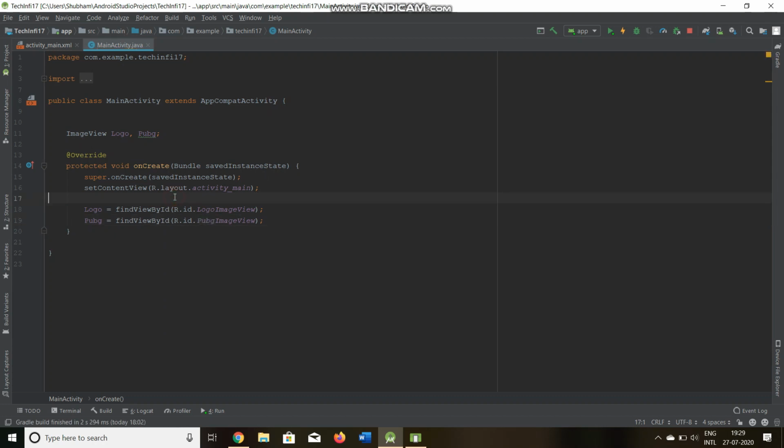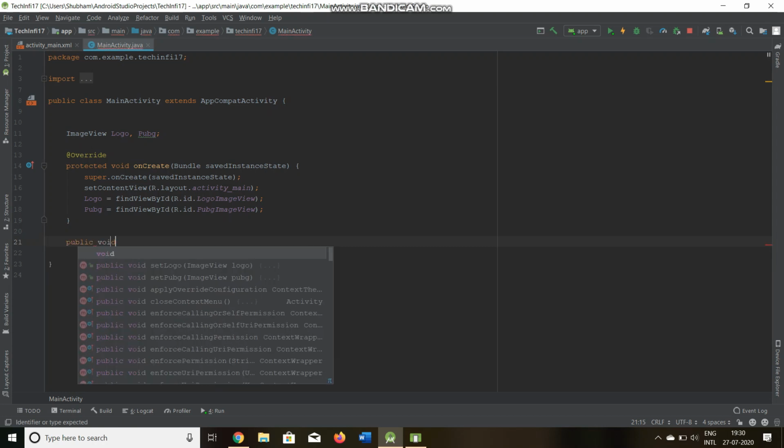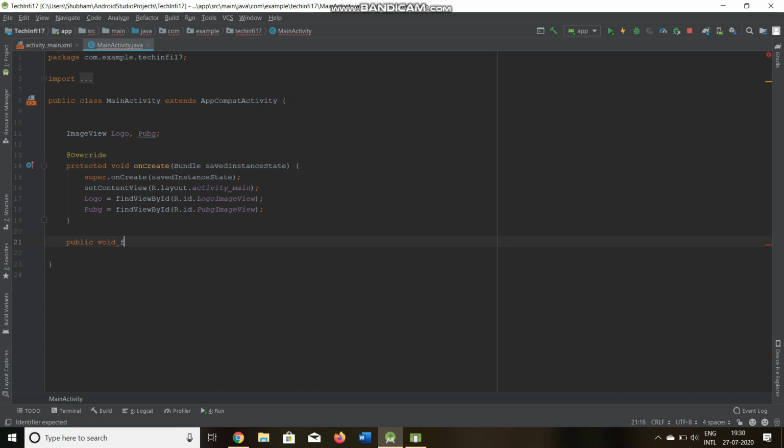Now I'll define my function over here, with the name fade. I'll keep the type public, and I don't want my function to return anything, so I'll keep it as void fade, and it will be called on the click of a view, so I'll use the parameter type View. Now I need to change my image views.